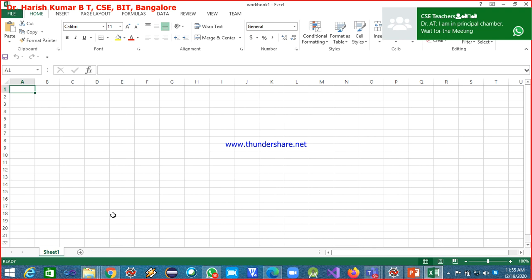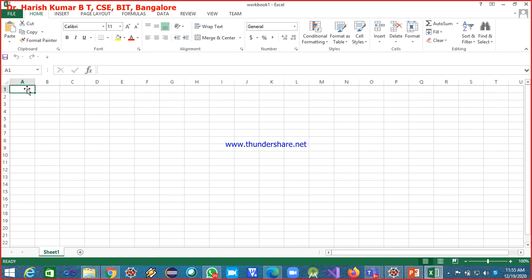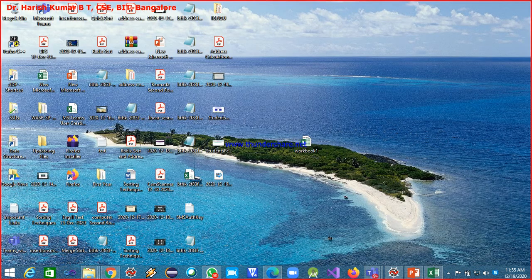Again, each sheet has rows and columns, and every row is given a number. This cell is identified as A1, and this cell is identified as B1. This is C1, D1, E1, and this is A2, B2, C2, D2, something like this. Every cell has got a name. This is what the basic structure is.